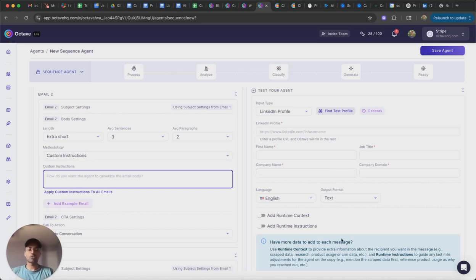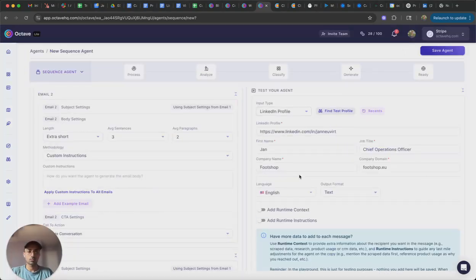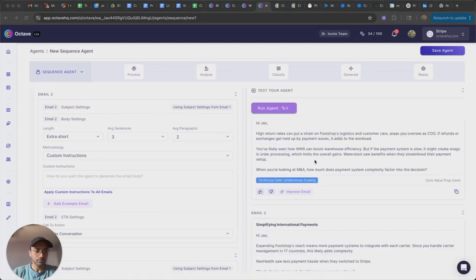And then reminder that this can only be done in the agent playground and not in the styles page itself. So we're going to find a test profile real quick. Let's run it. So now we can look at the output and maybe you're like, cool, this looks kind of good, but I'm not a fan of the word streamlined, and I kind of wish that it added more line breaks for readability, right? So what you can do is you can click on improve email,